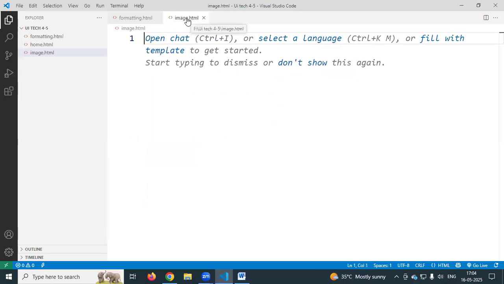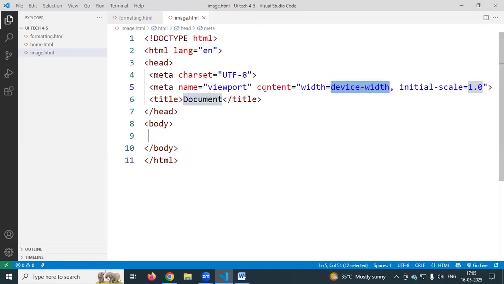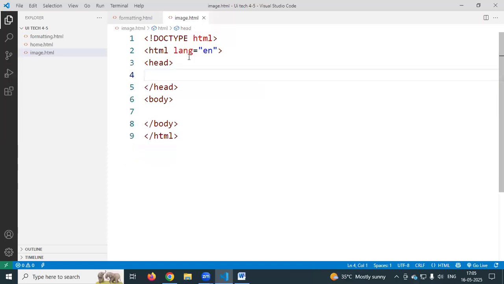You create the HTML page, right? How do you get the HTML syntax? Just press Shift 1, then press the Tab key or Enter key. It gives the HTML syntax. No need to write the HTML syntax daily. It is a waste of time, right? But you must